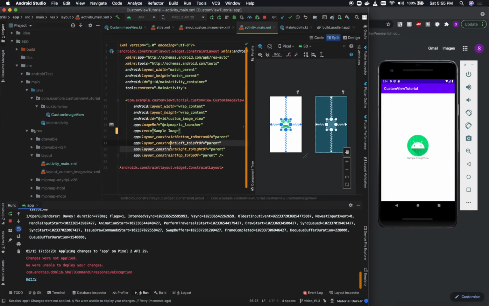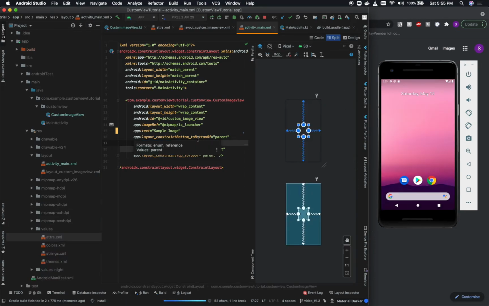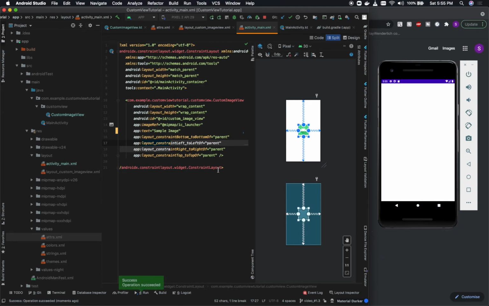Okay, let me rerun the app once. I think that should work. Okay, the app seems to run now, and we should see sample image instead of sample image view in the text. Okay, now it's here, sample image.